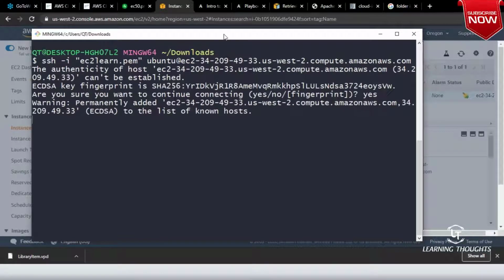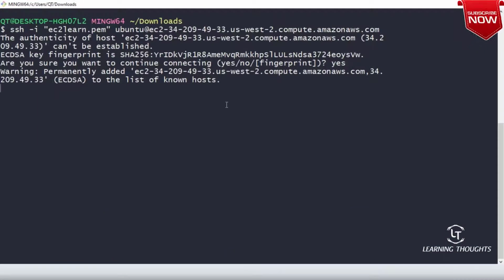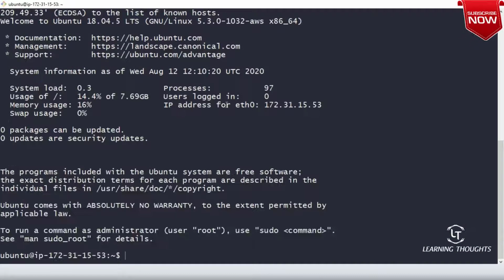Now I'll be using some of the disk or partition layout utilities.